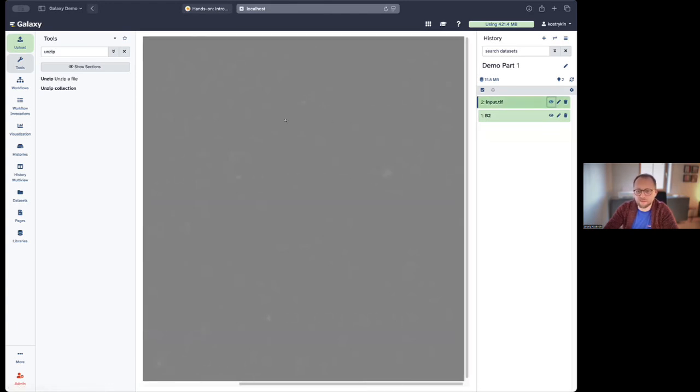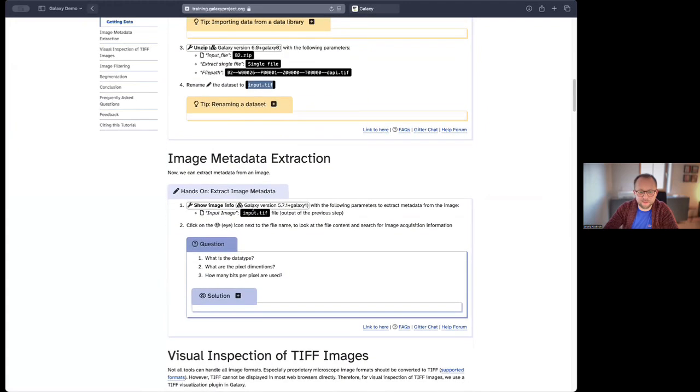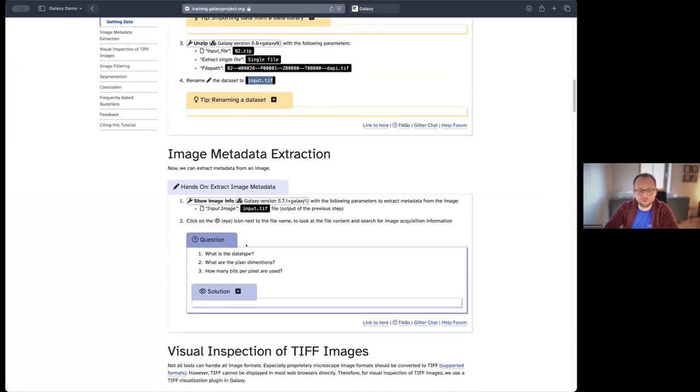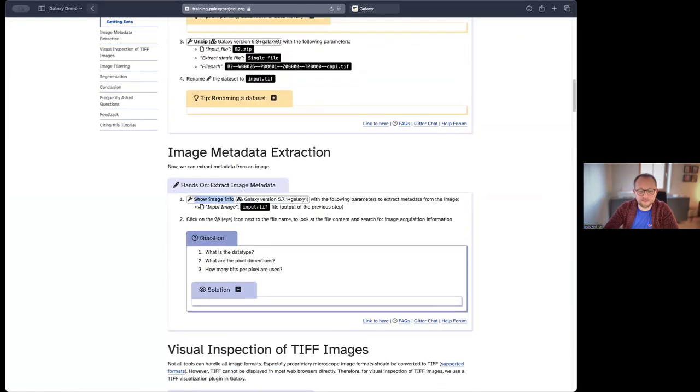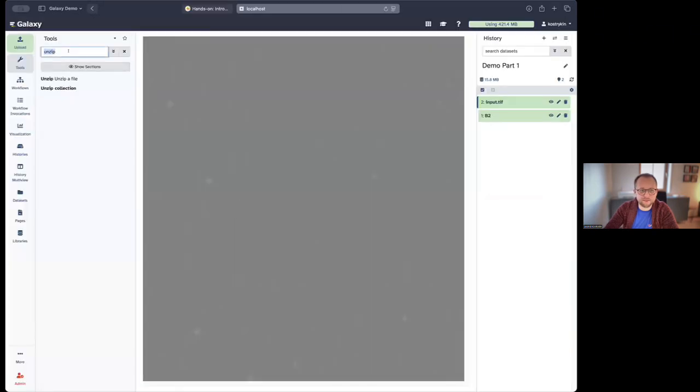And as you can see, it's hard to see what is actually contained in the image. So it's hard to see the cell nuclei here. This is due to the fact that the contrast of the image is just not that good. And this is why we will also improve the image contrast later on. But first, let's see how we can inspect the metadata of this image.